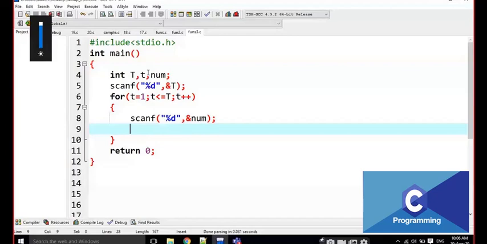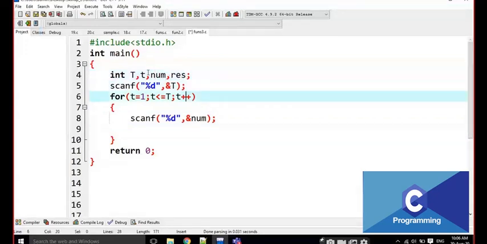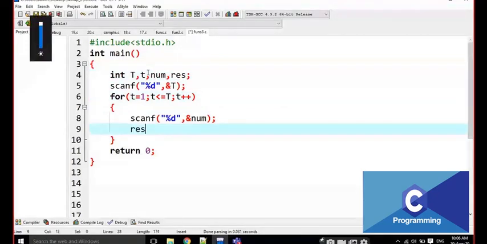Now, is it lucky or not? For example, for the result also, I am going to return the result here. result is equal to lucky underscore num, lucky of num.